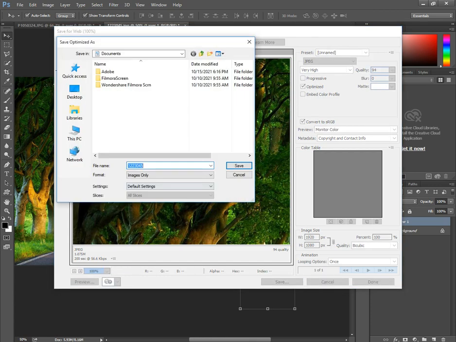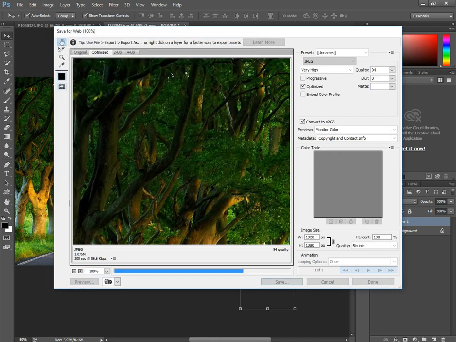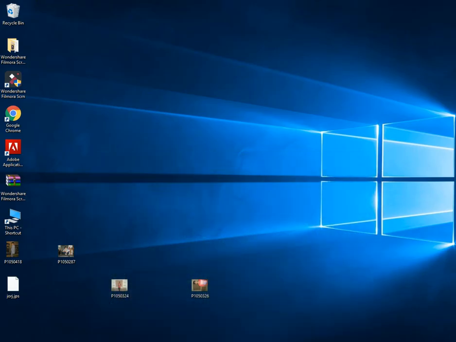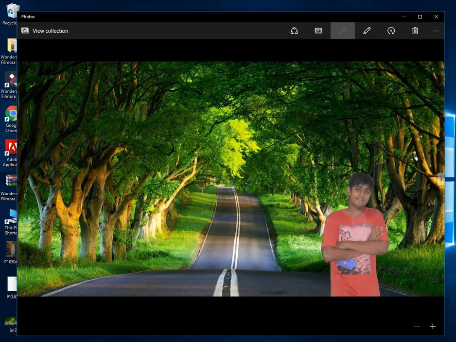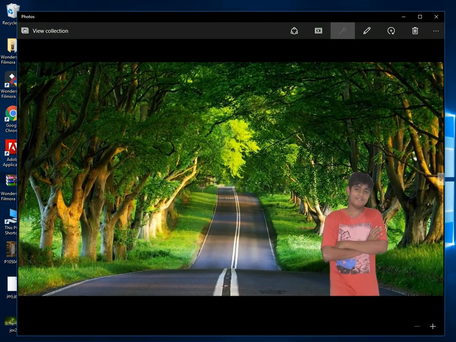The system will ask me for the name for the desktop, this name is George 2. After clicking, check, this image will be pasted here. Click on the image, the system will save the image for us. You can zoom, you can check the image, the system will place it here.